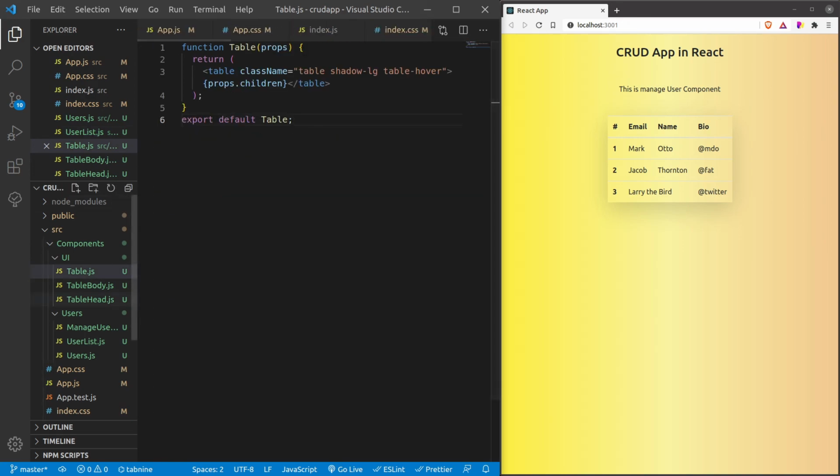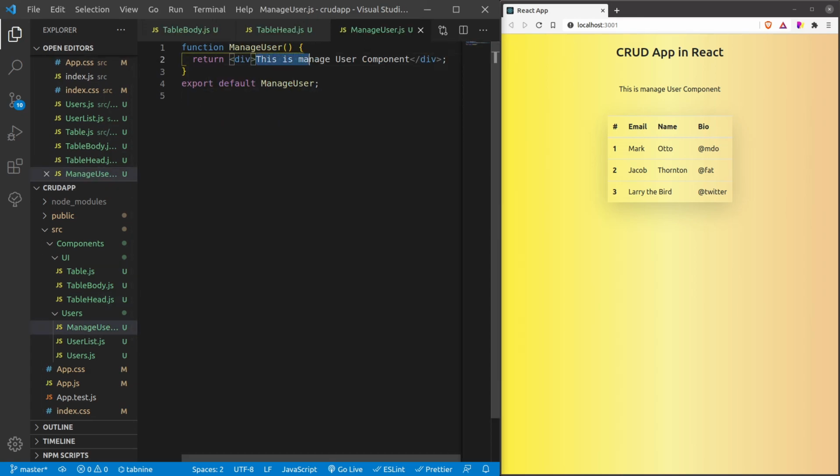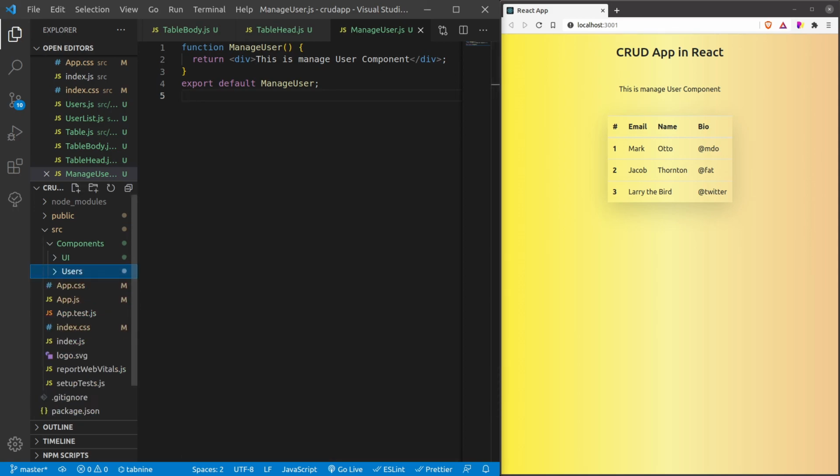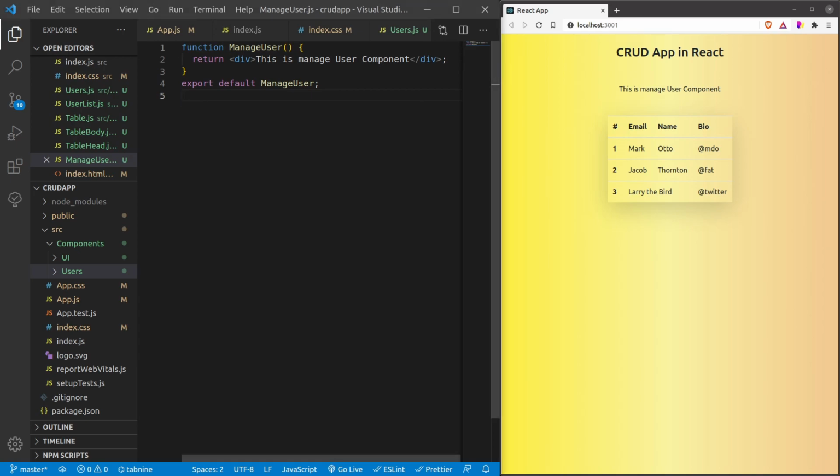Similarly, if we look at the manage user, I have still not created any form for that because it is going to take more time. But I think for folder structure purposes, I have created a basic application architecture the way we have decided in our planning phase. Okay guys, so now let's move to the next step. In the next video we are going to work on the add or manage user functionality. So let's get started with add new user. Thank you guys.